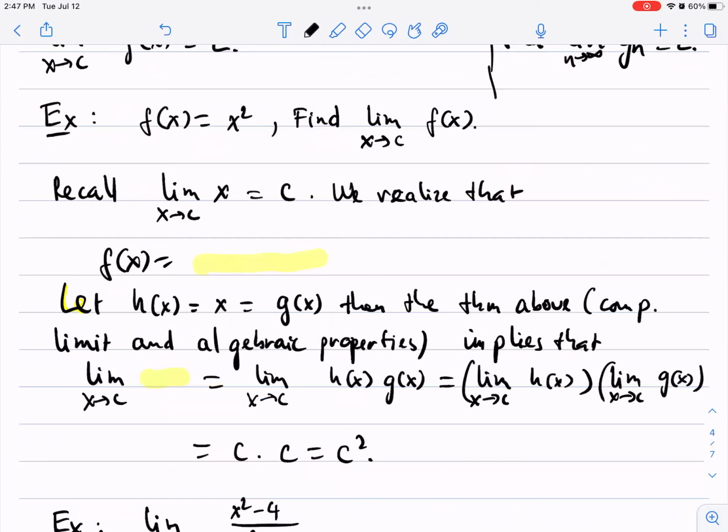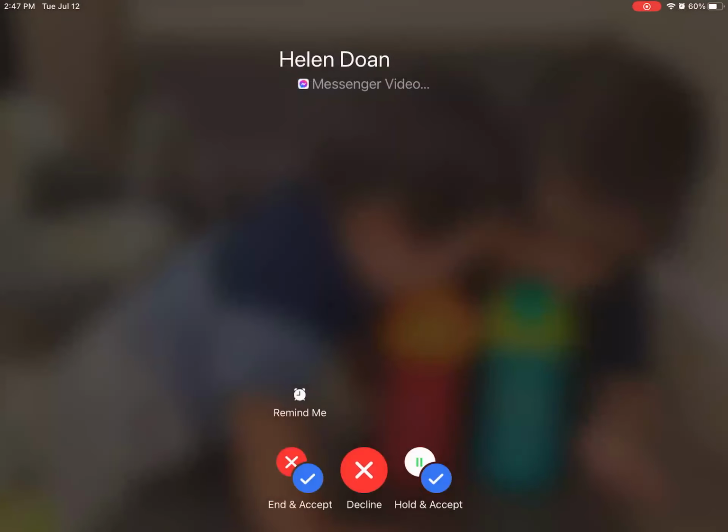Now, I'm going to give several examples to illustrate how these theorems are applicable in practice to find the limit of a function. First example,